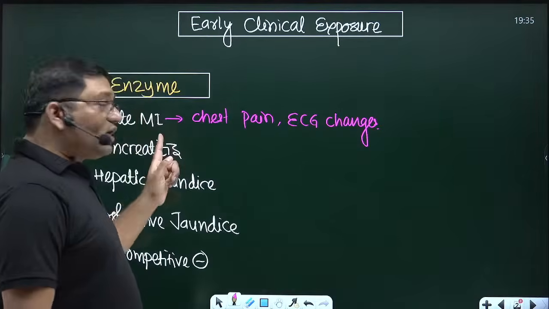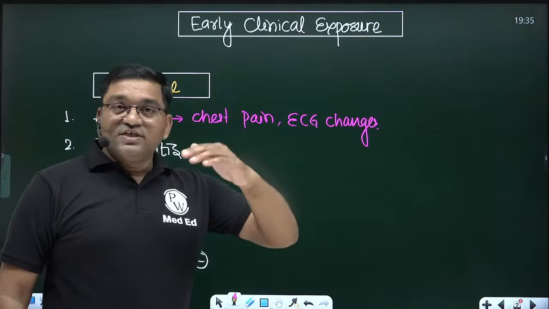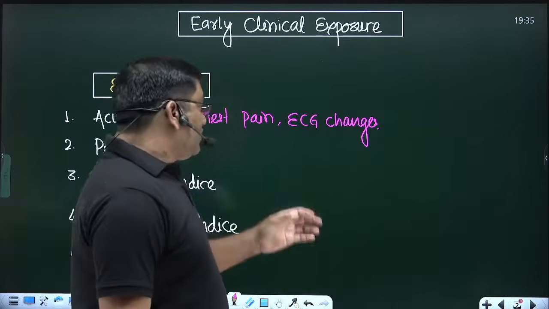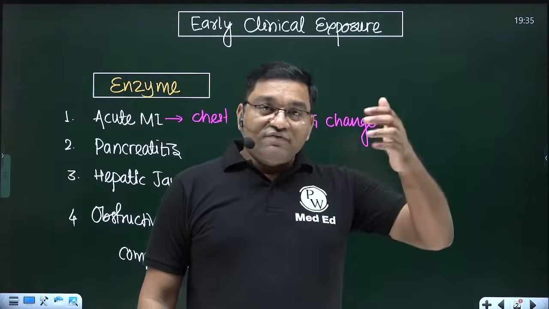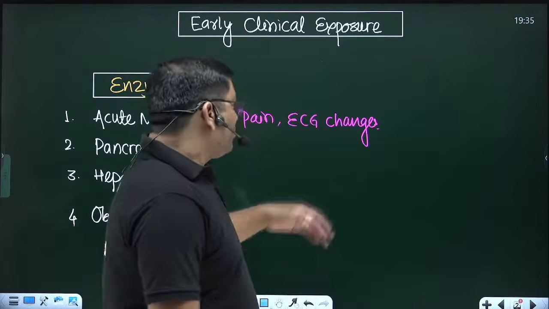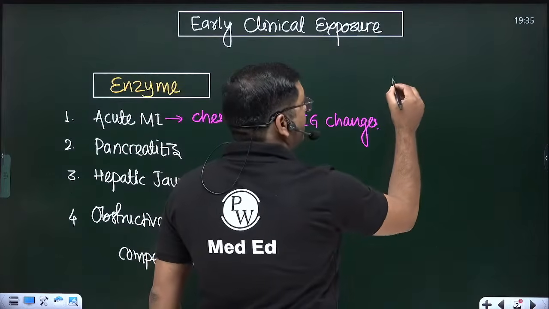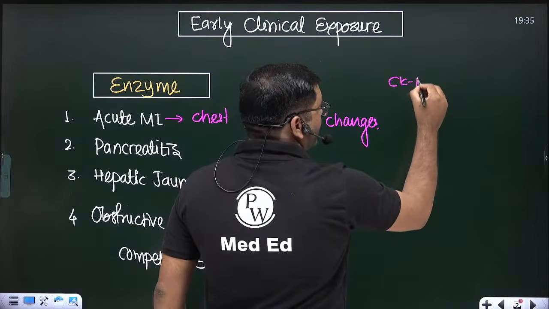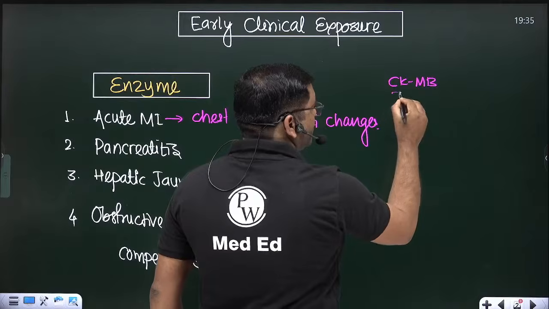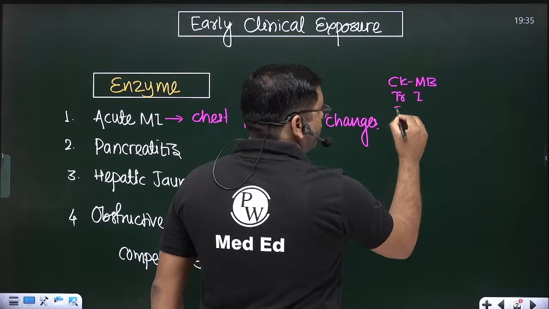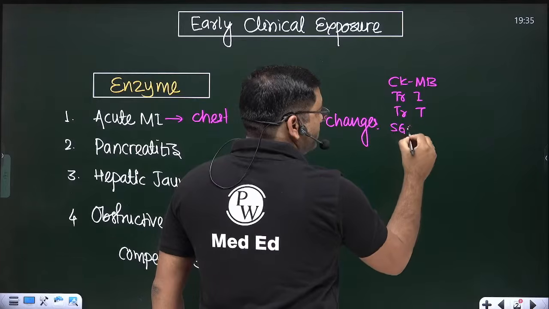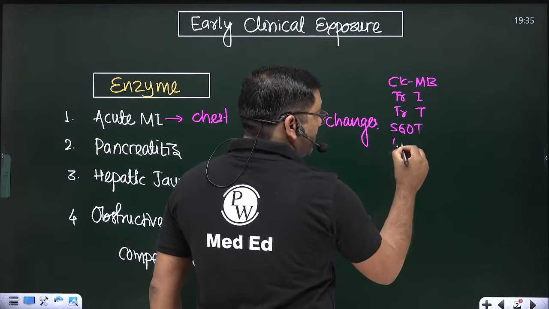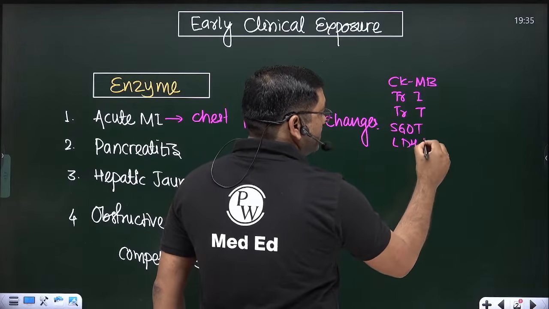If the question is asked in that format, your diagnosis is acute myocardial infarction. Below that there will be questions. What are the markers? Which is the earliest marker? What are the different enzymatic markers? There are a number of enzymatic markers, for example CKMB, creatine kinase MB isoenzyme, then troponin I, troponin T. Then SGOT, which is a late and non-specific marker, LDH1, which is a specific